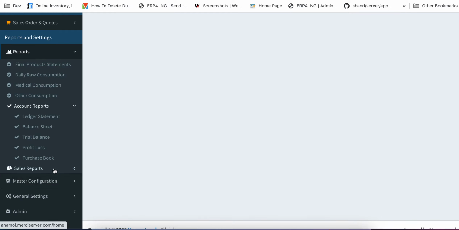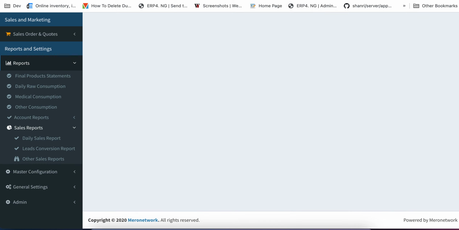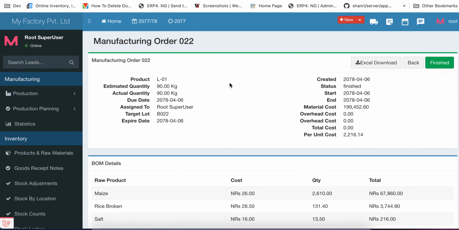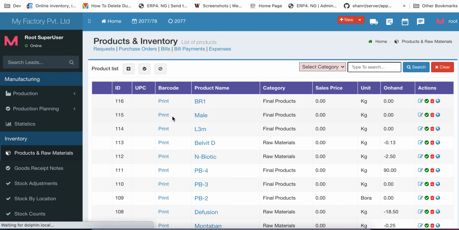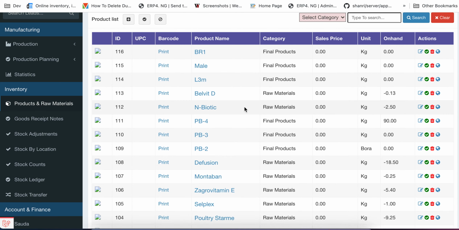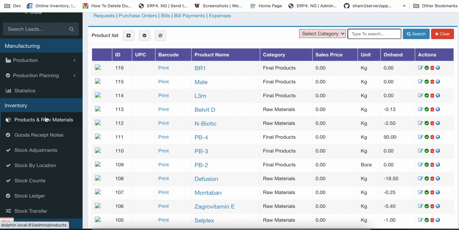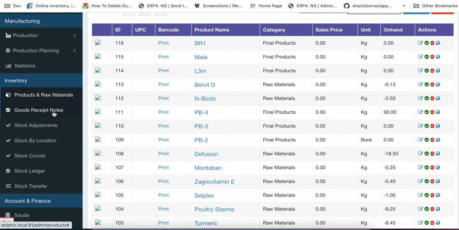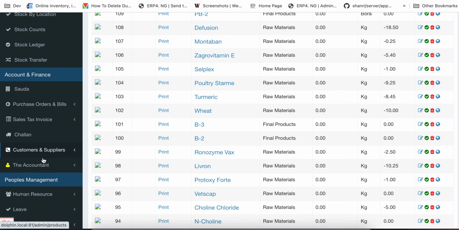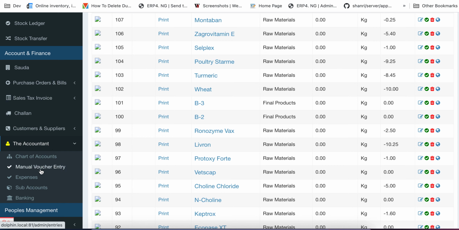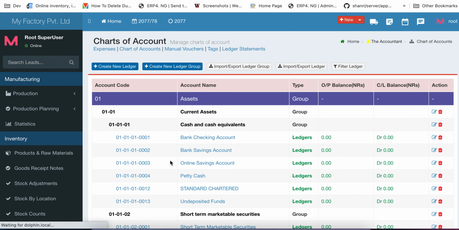For example, accounting report, sales report, and this is also tied up with IRD. You can do the billing and you can also do the purchase. You can do the purchase here as well. This is the product and inventory. You have all the options here: inventory, goods receipt notes, stock adjustment. So this is actually the complete cycle of manufacturing, including your accounting, chart of accounts. Let's say the chart of accounts has all the